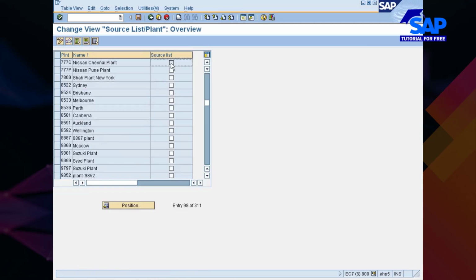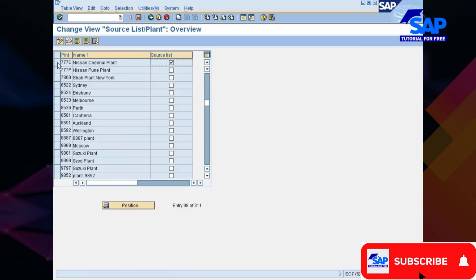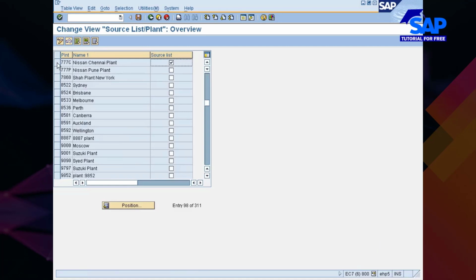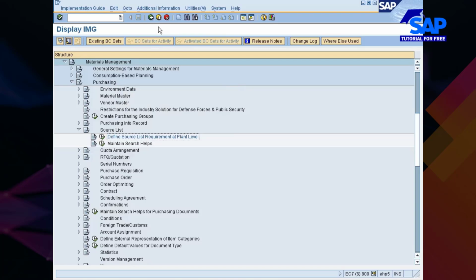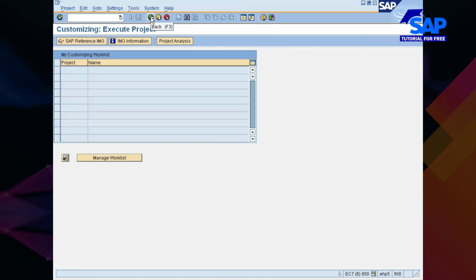If you set this indicator for your plant, it means the system expects to maintain a source list for each of the materials in this plant. If there is no source list, the system will not allow you to source the material. This is for all the materials in this plant. It's not specific to a material, but your question is specific to material, so I do not have any standard settings. So if you want it that way, I have to write a user exit in the PO